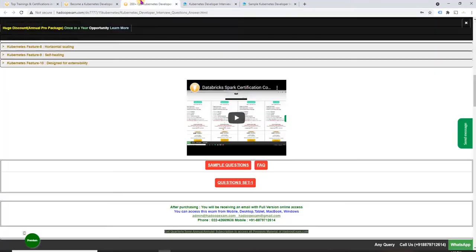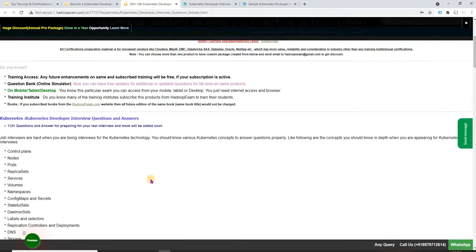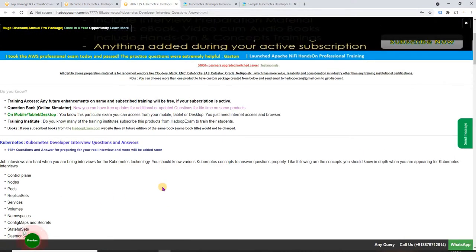Kubernetes is a very popular technology nowadays, and it is for the orchestration of your containers. This is a framework, so don't confuse Docker and Kubernetes. Both are different things basically. Docker is your container, and to orchestrate or manage those containers you use the Kubernetes framework. So that is the difference between the two.